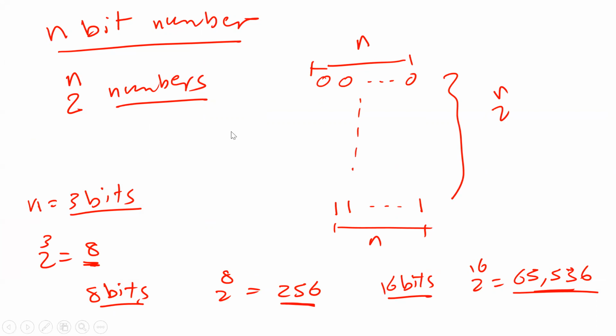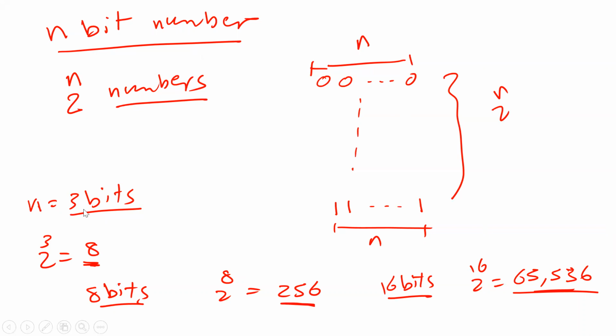Okay, guys. Here, what I want to say is, if you have an n-bit number, a number that has n bits, how many different numbers can I represent in an n-bit number? It's very simple. If the number of bits is n, I can have 2 to the power n. Very simple, very easy. Is that okay, guys?